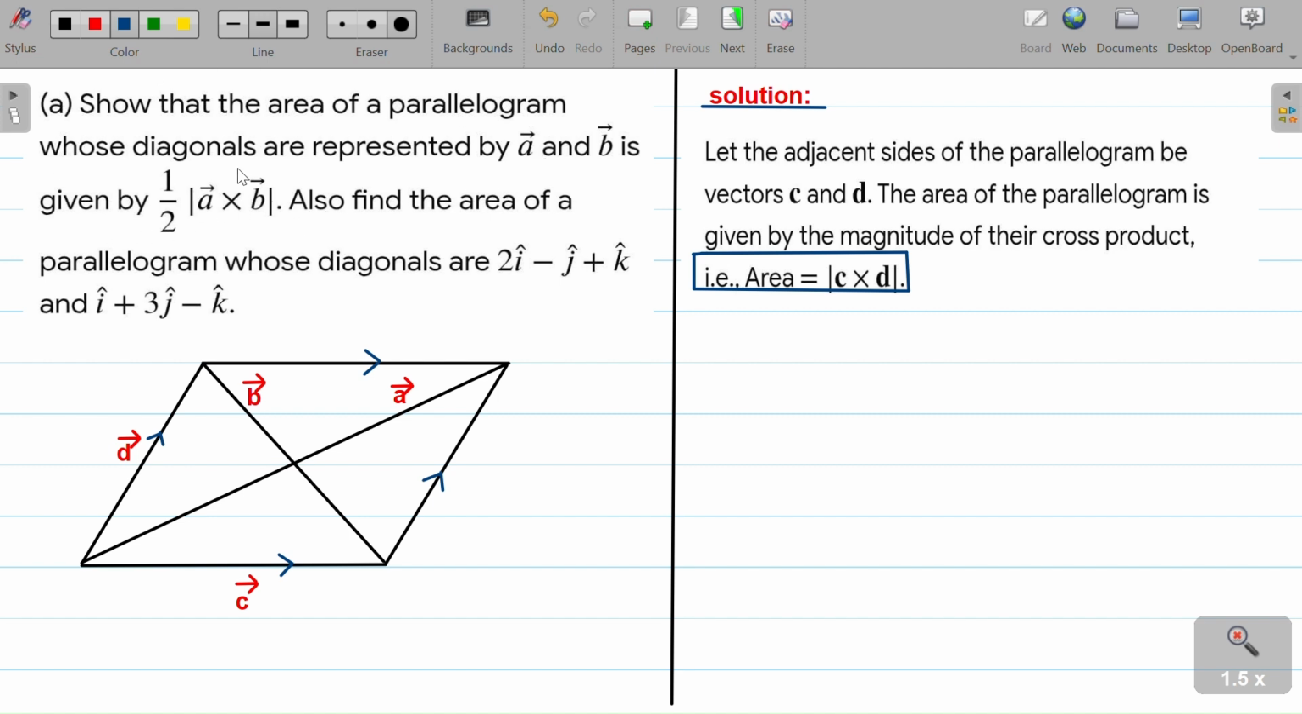This is the first part, and then also find the area of the parallelogram whose diagonals are 2i cap minus j cap plus k cap and i cap plus 3j cap minus k cap. Actually we know that